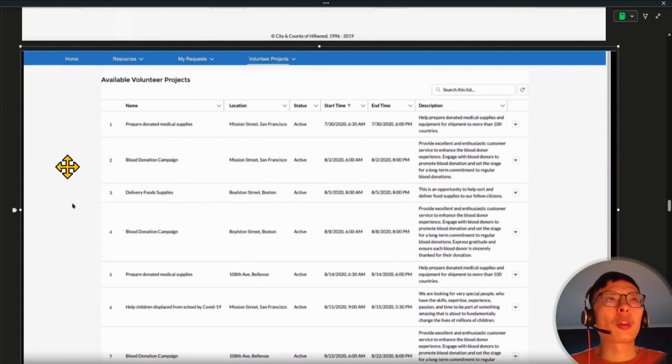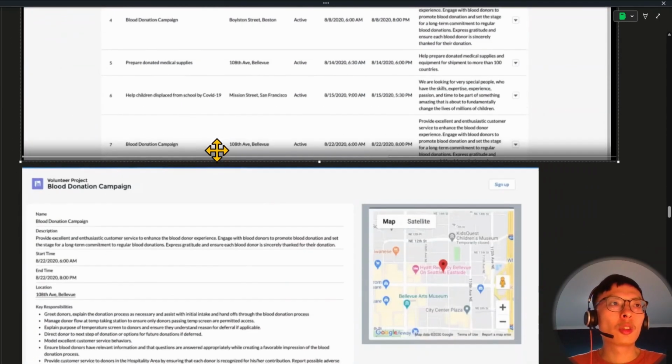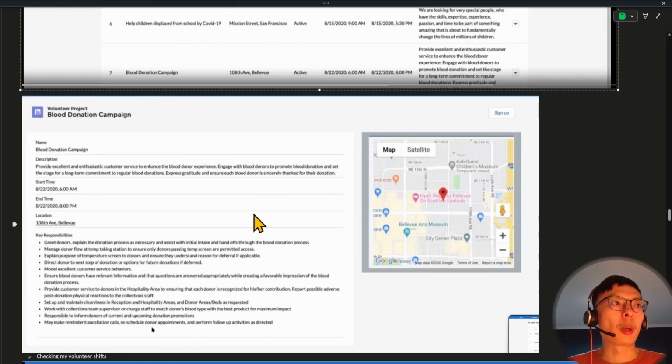So for example, if the volunteer is interested in the blood donation campaign, they can click on the drop down arrow and read more about what this campaign is about. So once you are in here, you'll be able to see this page over here. So this is very similar to how it was set up inside Salesforce, but with fields that are applicable to